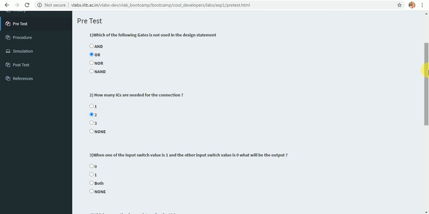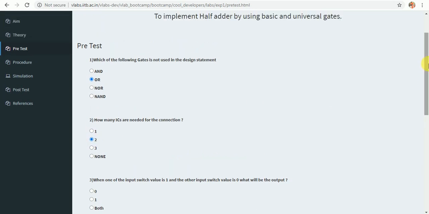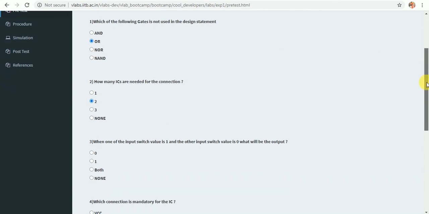For designing the circuit diagram for half adder by using XOR gate and AND gate, we require 2 ICs. 7486 has 4 XOR gates, whereas 7408 has 4 AND gates. So by using 2 ICs we can implement the circuit diagram of half adder.